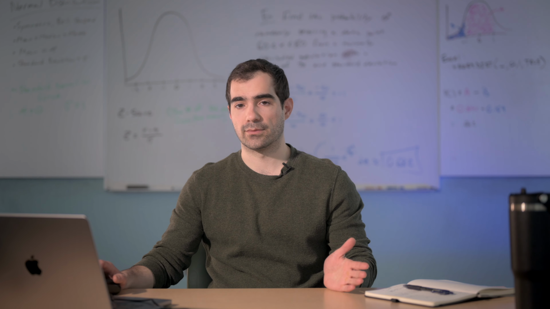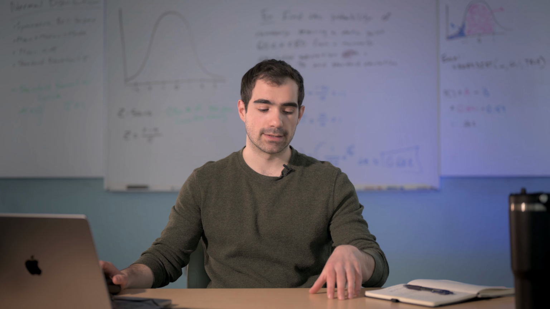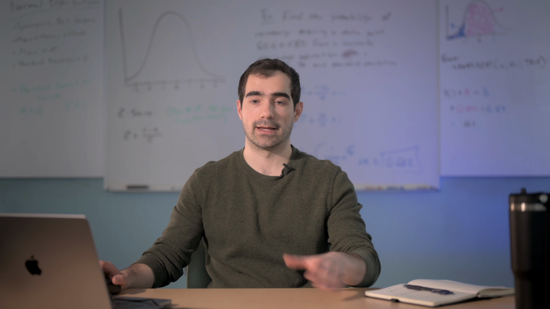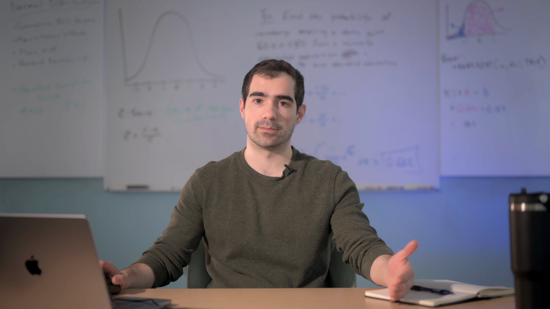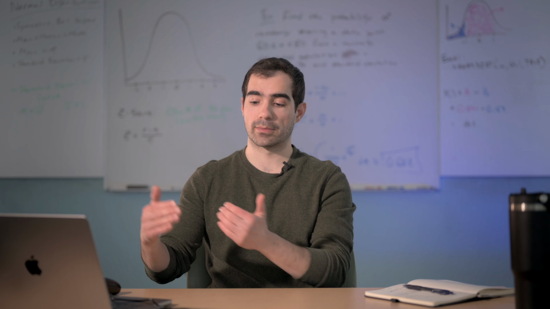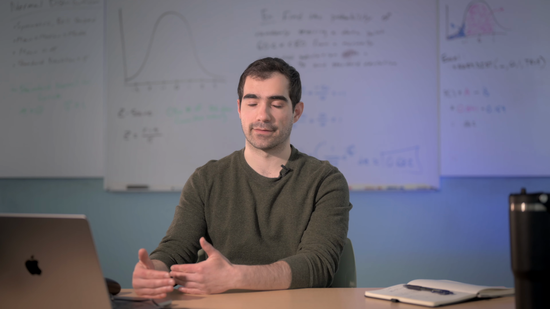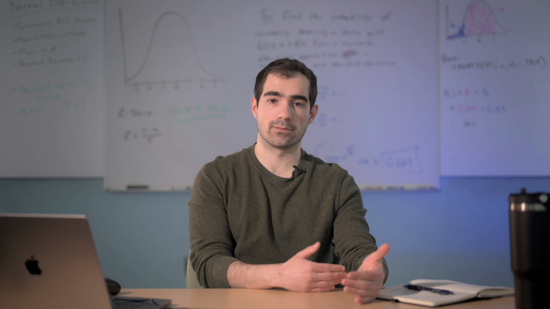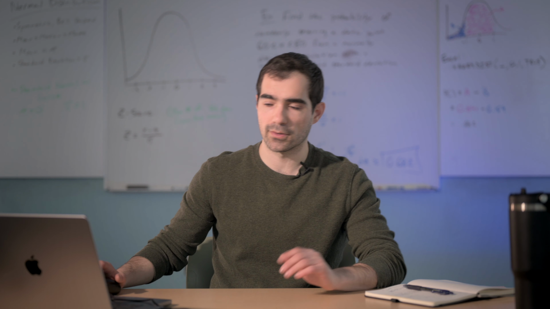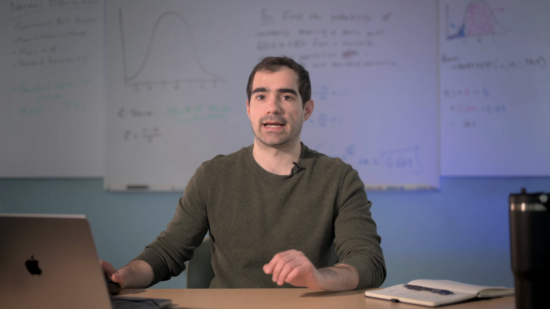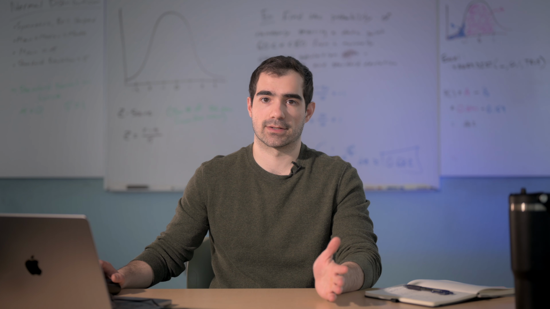The more confident we want to be about our population mean, the less precise of a claim we can make, and the wider our confidence interval will be. And vice versa, the more precise we want to be with our confidence interval, the less confidently we'll be able to claim it. Okay, so with all that in mind, how do we actually calculate a confidence interval?